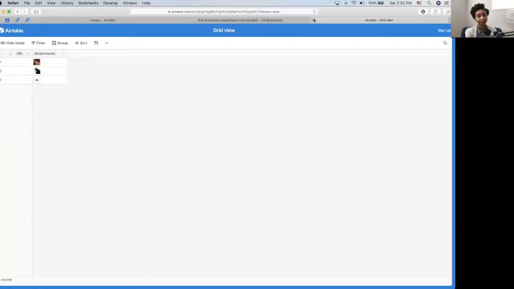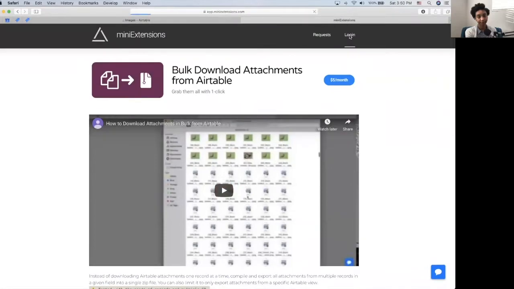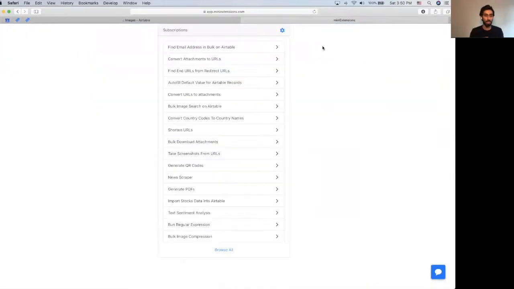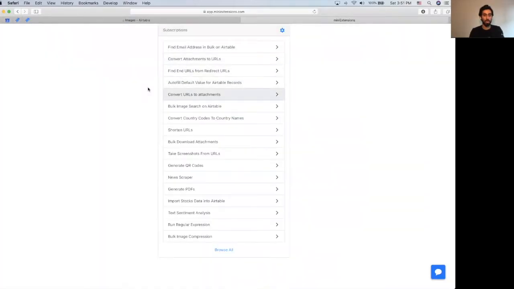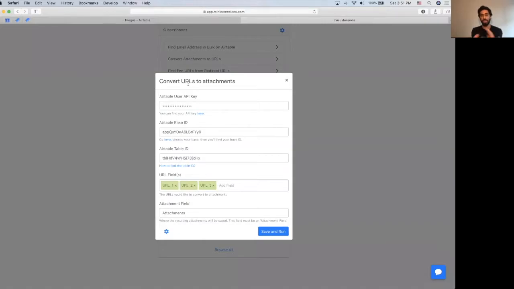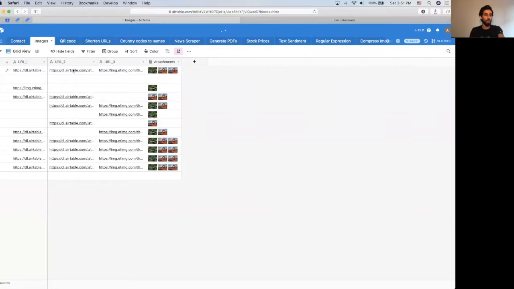So I can go ahead and log in here to show you how it works in action. Probably one of the most popular ones so far has been this one, convert URLs to attachments. So we've got two: attachments to URLs and URLs to attachments. In this one, the goal is to grab a bunch of URLs like this and convert them into Airtable attachments over here. So if I remove these attachments and then,